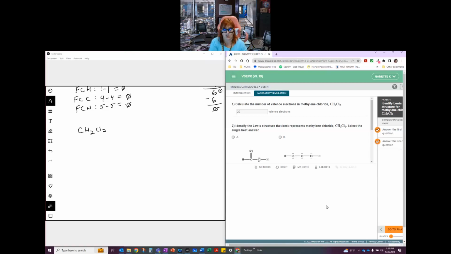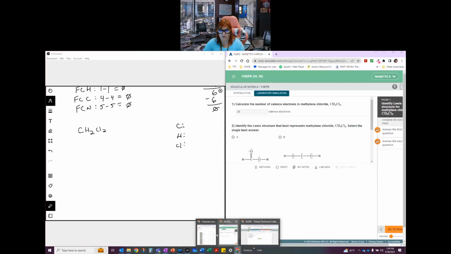The thing that's written first goes in the center. But we need to know how many valence electrons each one of these things brings to this party, right? So I'm going to be looking at my periodic table to be able to do that. And I actually